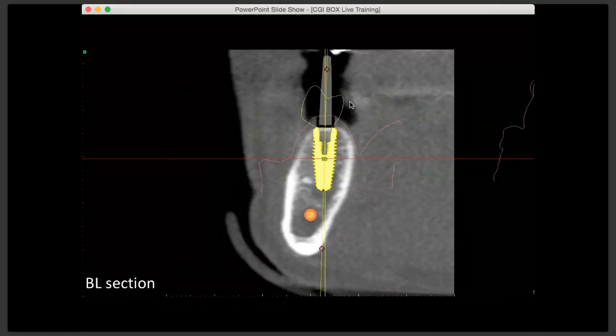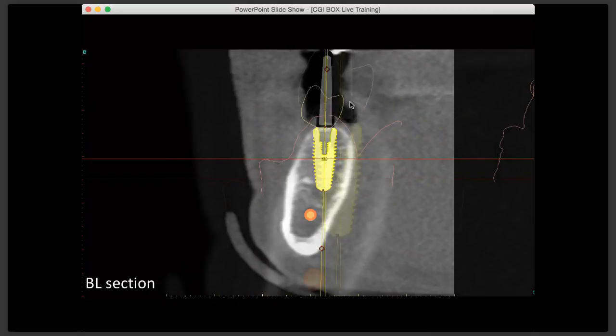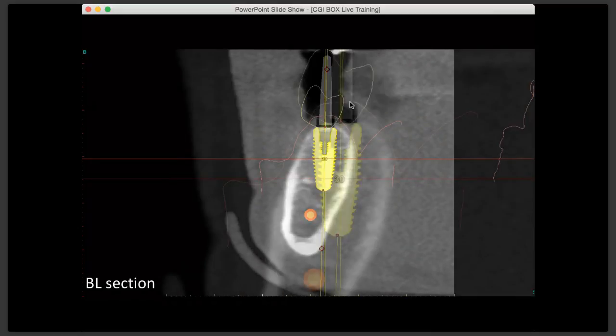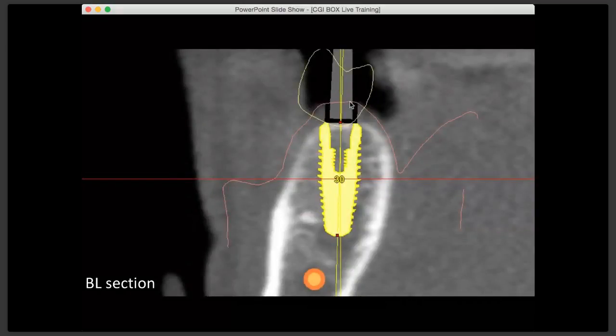Okay. Now, what I want you to pay attention to in this section is the buccal plate. It's not a bad ridge. This is a 5-diameter implant, but there's a chunk missing. I don't want you to ignore it. So really, these cases are almost ideal for a contour graft. And when we get there, I'll talk a little bit about contour grafting,